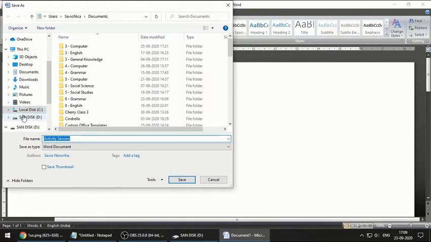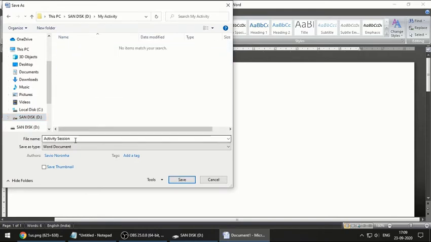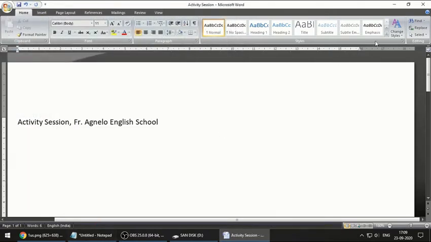You have to look out for the drive or folder wherever you saved it. Now if you remember, the drive where I saved it was SanDisk, that is the pen drive. I'll click on it and here I will get the folders. So I have to double click on My Activity and you can see the name is already there over here. Just click on save. Now we will close it.